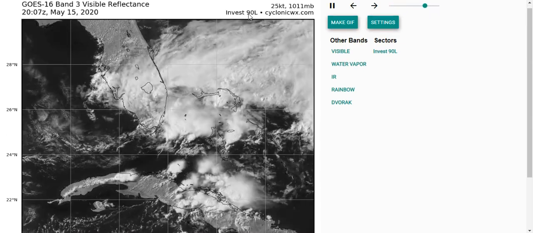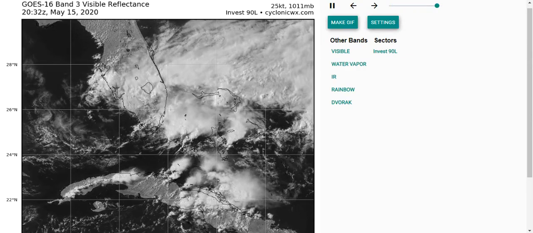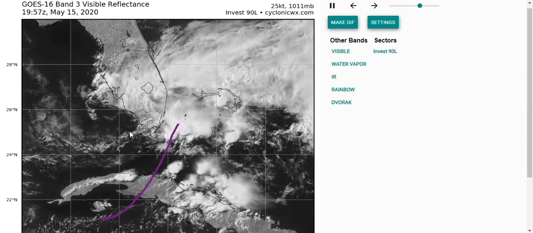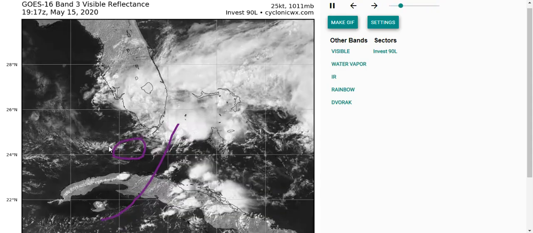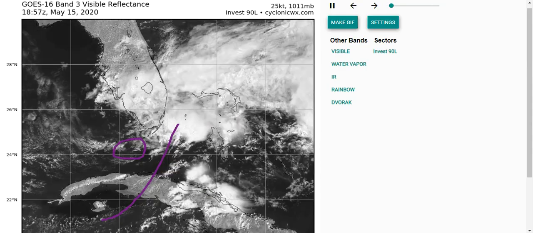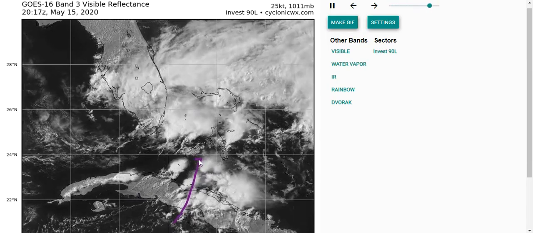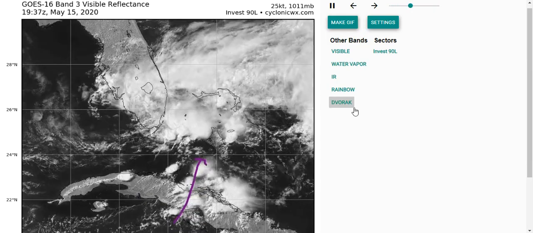So let's start with Invest 90L. So it's not really that organized. There is a trough of lower pressure, generally extending from this convective area down to the southwest into the northern Caribbean, and it has produced a general weak vortex that's now shearing out and isn't really much of anything now, but it is producing obviously a curvature where you have southerly winds from the Caribbean, which is causing some